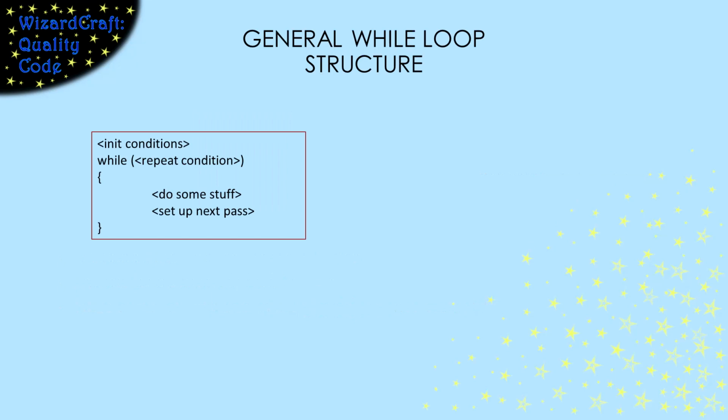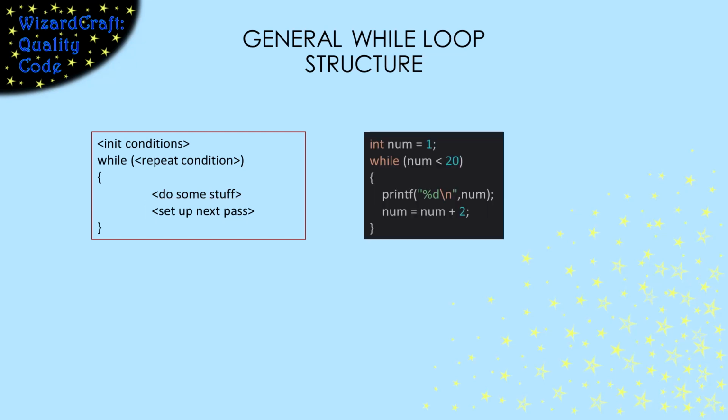While we've seen the syntax of a while loop, they usually fit into a broader picture of code. Most of the time, there's some code that sets up the loop, a repeat condition to keep it going. Then we do some stuff, and then we prepare for the next pass through the loop. For example, this code prints out the odd numbers less than 20. It sets up the loop by making num contain a 1. The repeat condition is num less than 20. The stuff we want to do is print out num, and then adding 2 to num gets us ready for